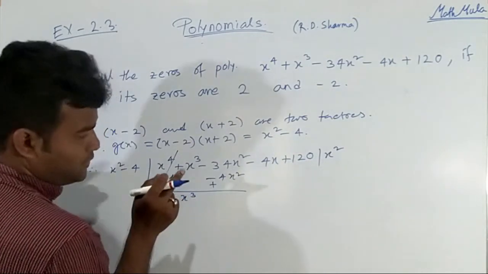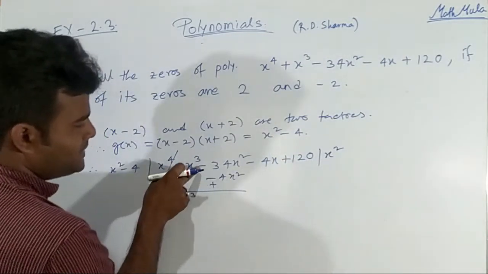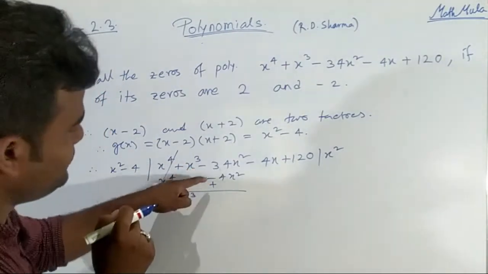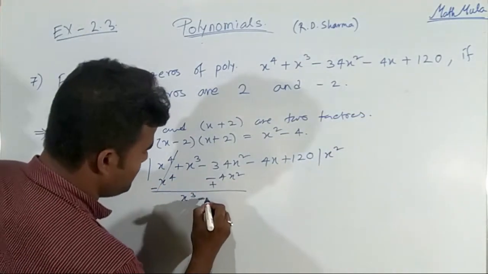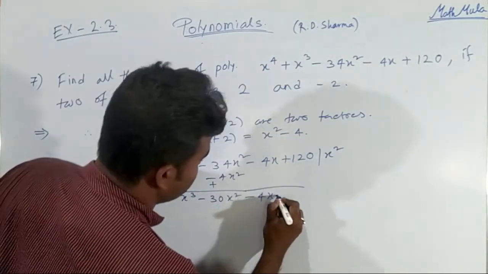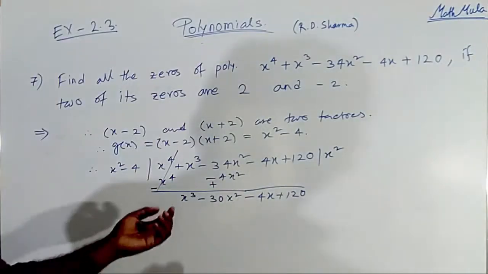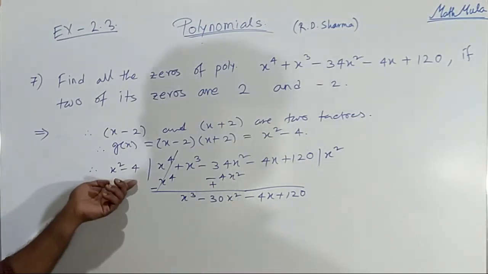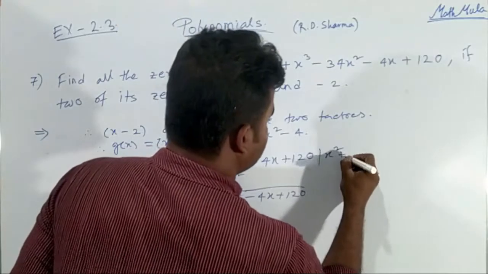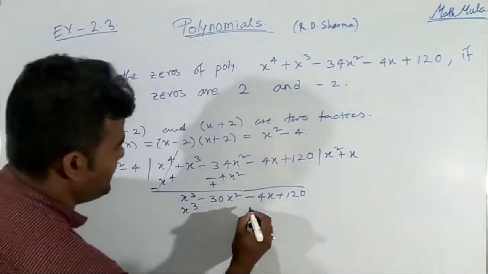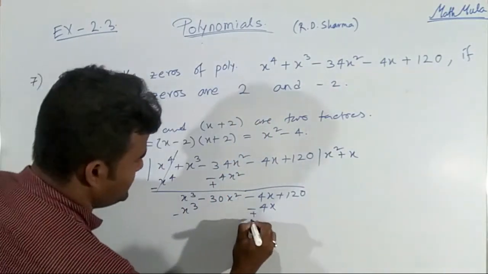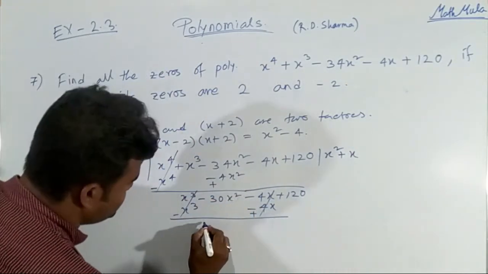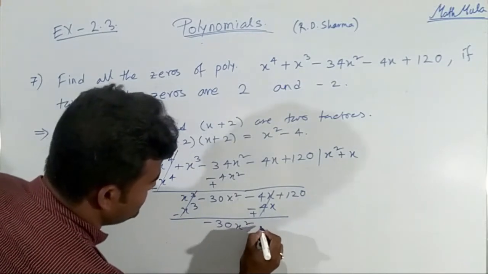x cube, now consider the second sign, this is minus and this is plus. Now minus plus minus: 34 minus 4 is equal to minus 30x square, minus 4x plus 120. Look again, the leading term is x cube. So we multiply the divisor by x, then we get x cube minus 4x. Again subtract this, it will be cancelled. It will also be cancelled because there is minus and there is plus,